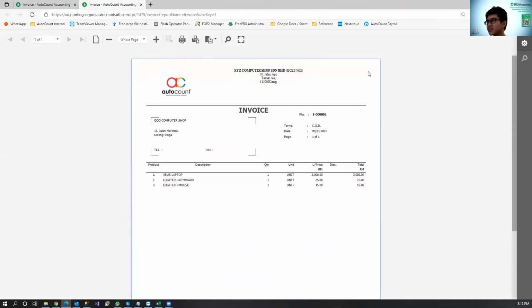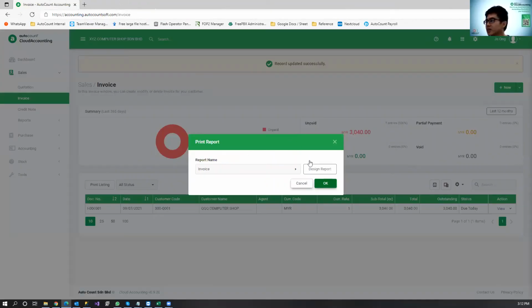Okay, so this is the invoice. You can print from here, and you can also export into different formats: PDF, Excel, document, text, CSV, depending on your needs. So pretty much everything is covered in terms of generating and sending invoices and billing. This is how you can send your bill to the customer once you have done it in the cloud accounting. Okay, so we move back.